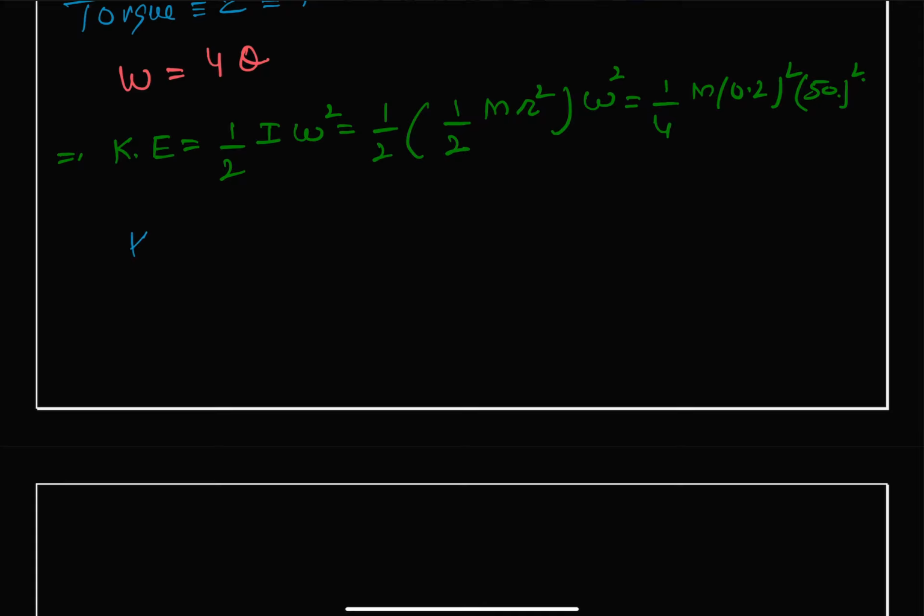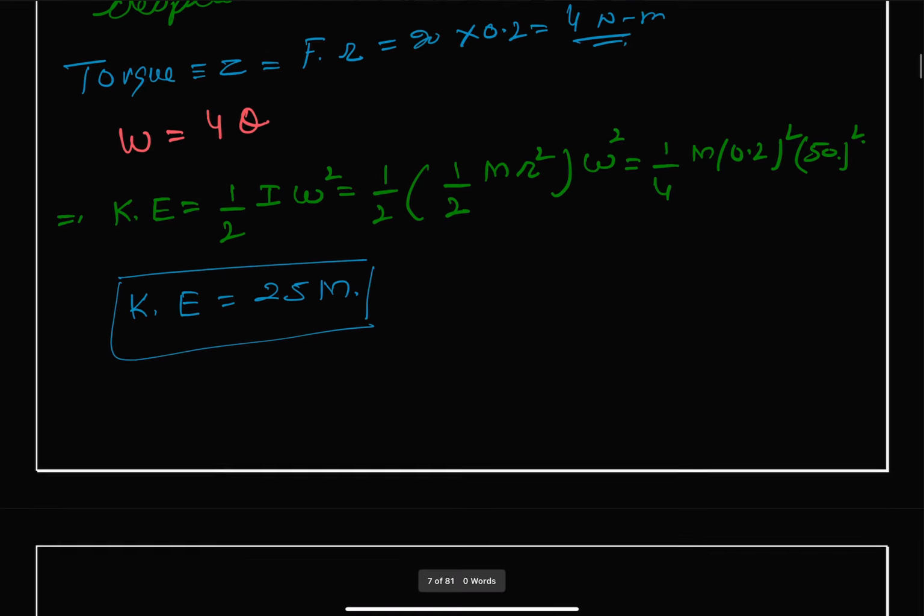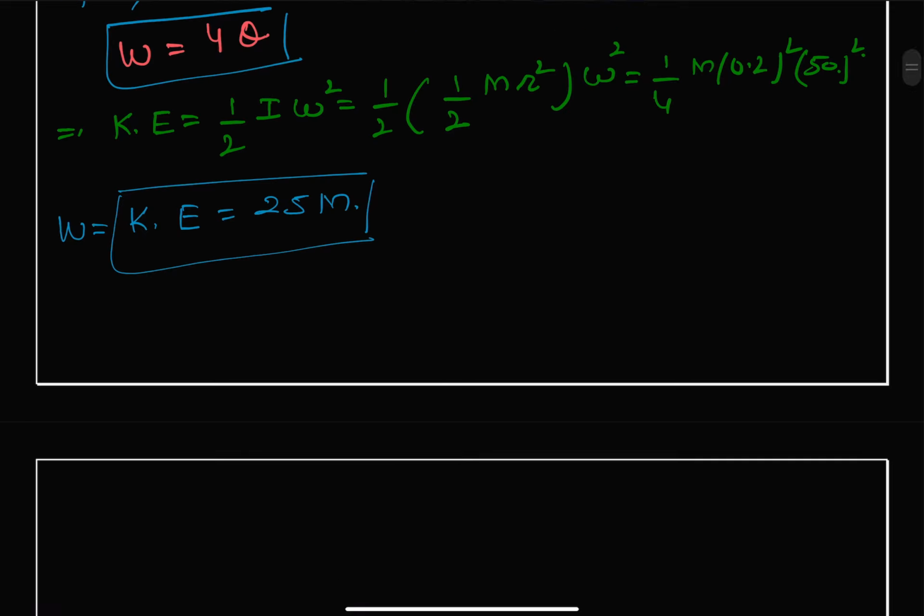So we get our kinetic energy will be equal to 25 times m. Now we are having two equations of our work done. Work done is equal to 4 theta, and work done is also equal to 25 times m. Let us call them equation number 1 and equation number 2. So from 1 and 2 we can write that our 4 theta is equal to